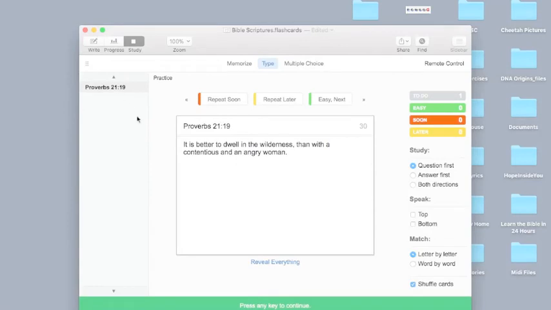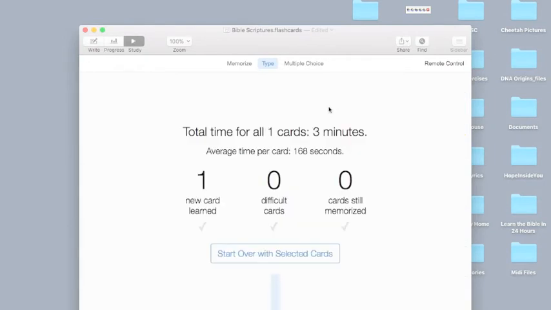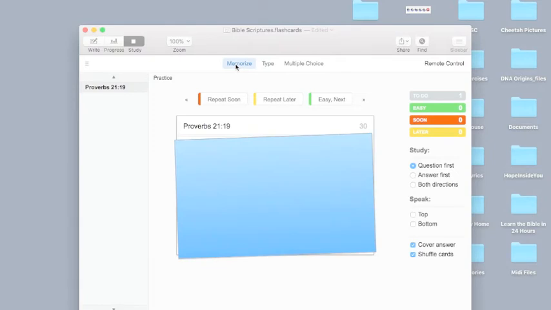So as you see now, this is green. If I click next, it shows my total time, one card. It says now that I learned this particular card. All is good for now. So the scripture is pretty much in my head for now, but the challenge would be, if I go back